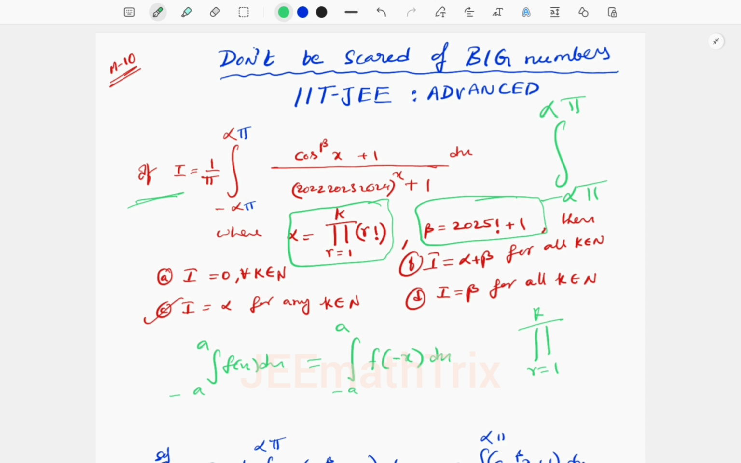For example, look at this. Beta value is 2025 factorial plus 1, which is an odd number because 2025 factorial is a multiple of 10, so it's an even number plus 1, an odd number. Not only 2025, even if they give 1 crore factorial plus 1, we just need to look at beta as some odd number, that's all. Okay, now if we apply the property